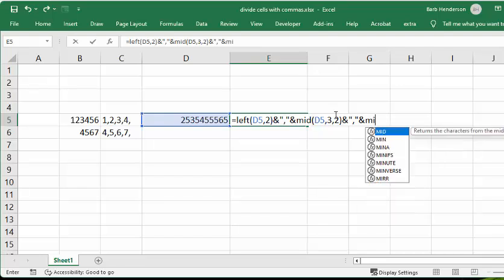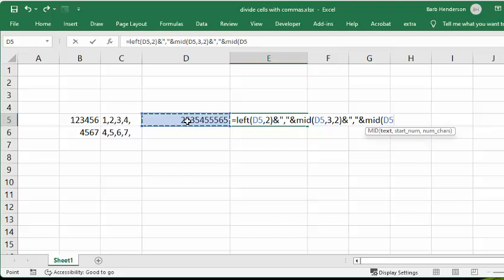So we're going to go mid. We're going to select the cell. Okay, so we're going up by 2. So now we're going to go 5. We're going to display 2 characters. And so now we add another ampersand, quotation marks, comma, quotation marks, and ampersand one more time,